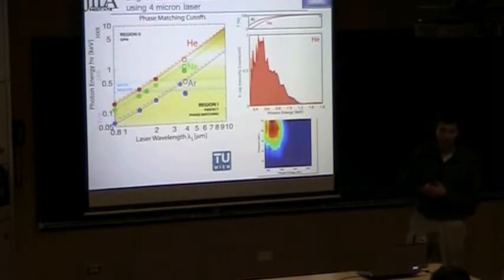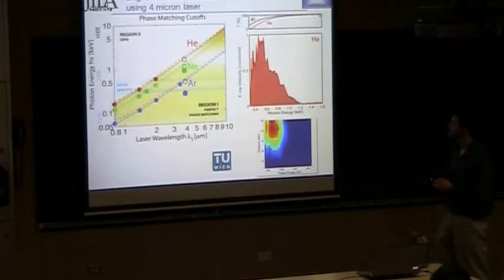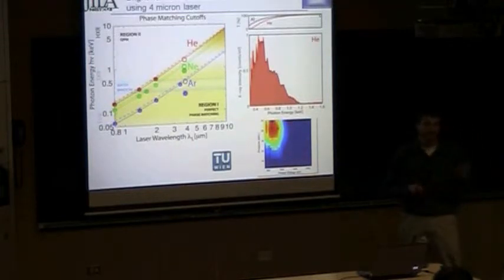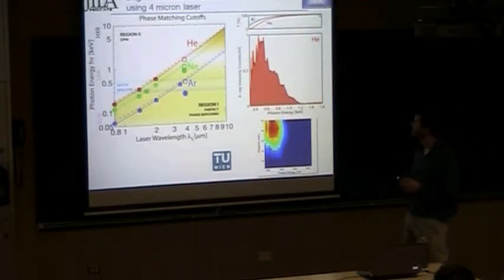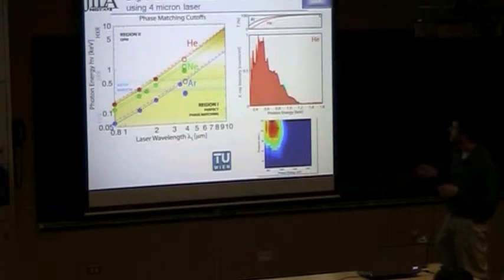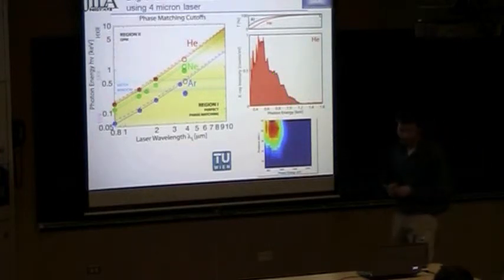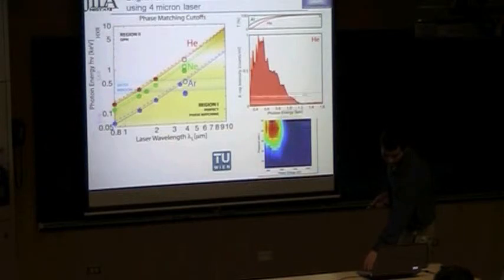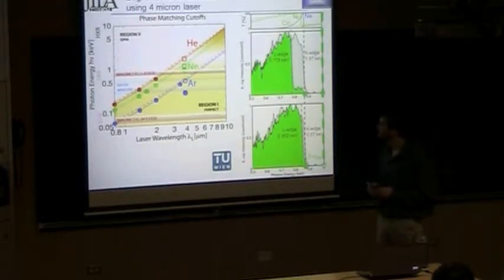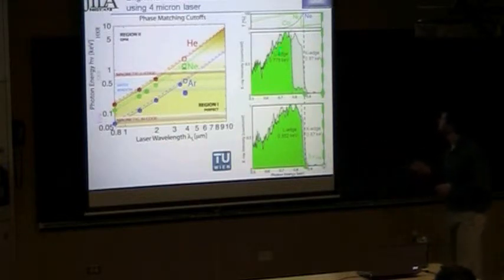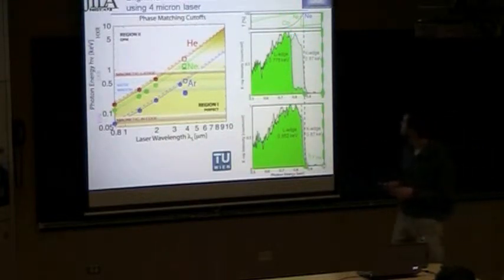And these are pretty brand new results. Tenio and Ming Chang just went to Vienna where they did a collaboration with a group that built a 4-micron laser. And they brought our spectrometer and the high harmonic setup out there and did phase matching with that. In helium, it extends up to about a keV, and in neon, up to about 900 eV. And these are both pretty interesting for doing work near the magnetic edges of some of the ferromagnets like nickel and cobalt.